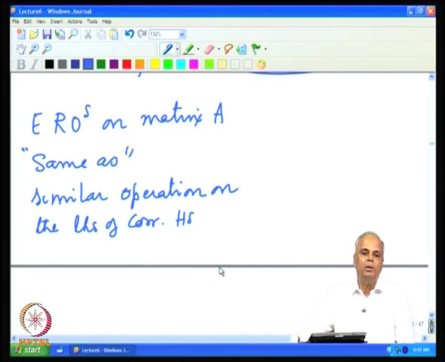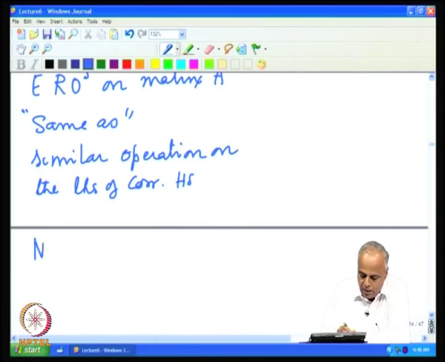Now, an equation has both a left hand side and a right hand side. If you want to do something on the left hand side to maintain the equality, we must do the same thing on the right hand side. Why are we not doing it on the right hand side? The reason is that the right hand sides are all 0 in a homogeneous system, and therefore, if you do any of these elementary row operations, the right hand sides are not going to be affected, they remain zeros.